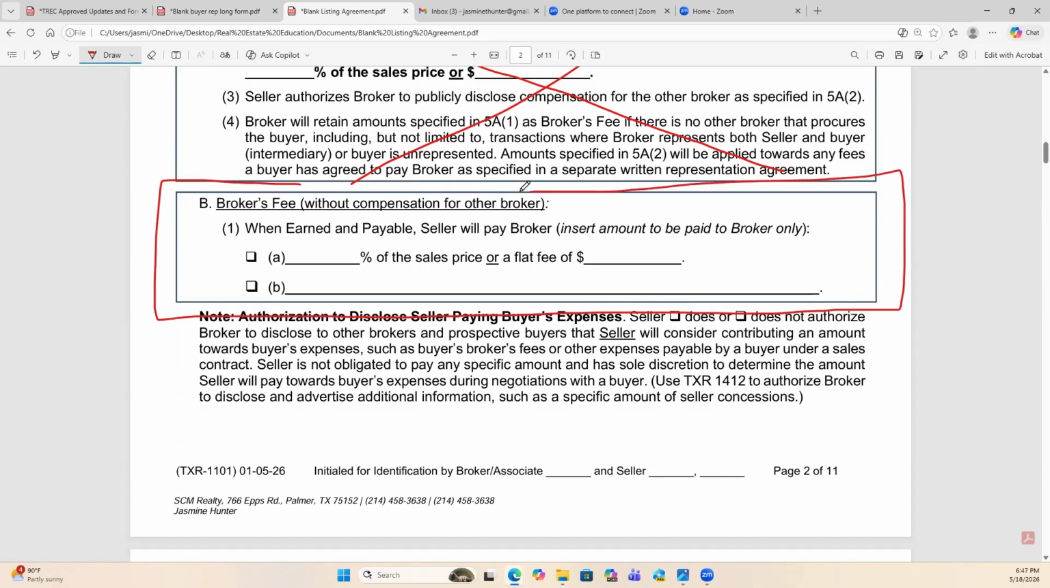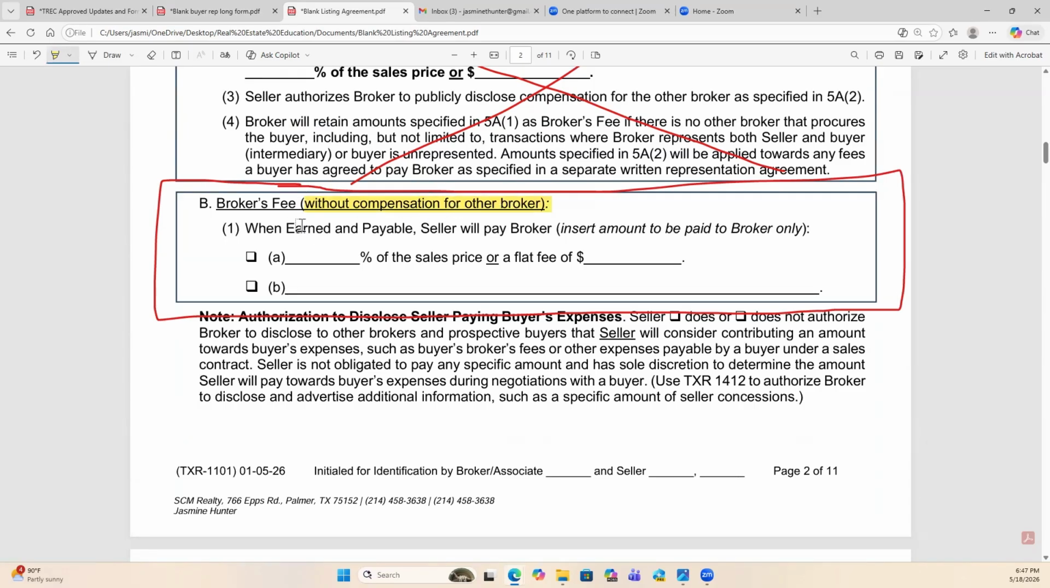All your listing agreements need to be about the compensation without compensating the other broker. We just need to worry about your fee, just yours. We don't need to worry about anything else but your fee. Okay. Now,